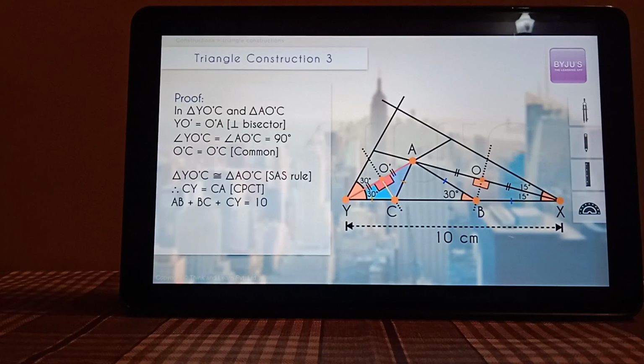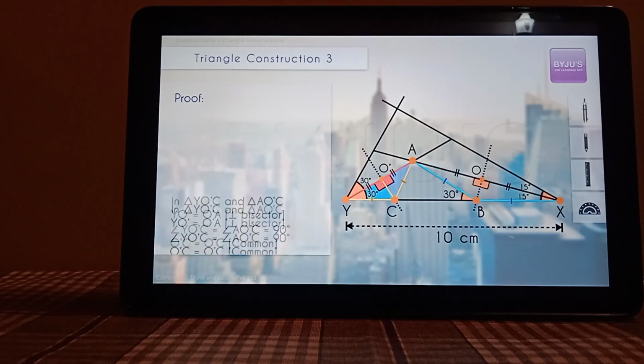Now we found out that XB is equal to AB, BC you can keep as it is, and CY is equal to AC, which is how you get AB plus BC plus CA is equal to 10 centimeters, which is nothing but the perimeter, right? Because this distance BX is equal to AB and this distance CY is equal to AC. That's how you get this length of 10. We've converted it to the triangle. That's why the perimeter of the triangle is 10.